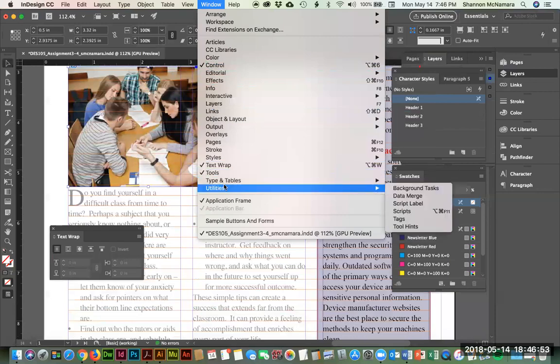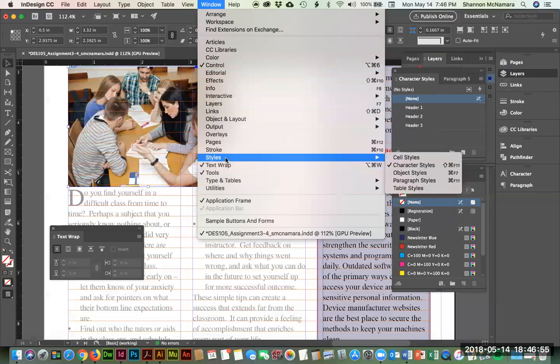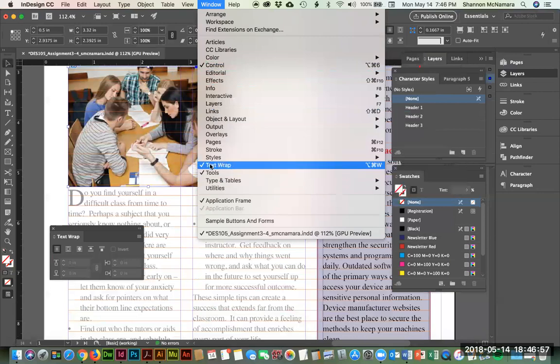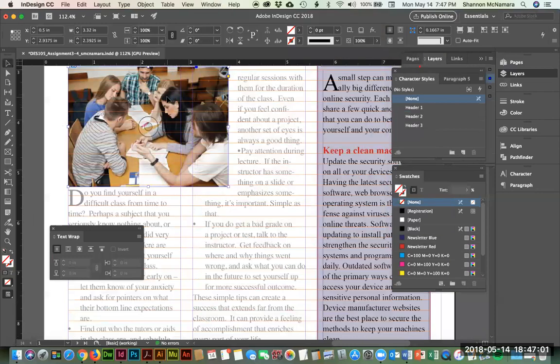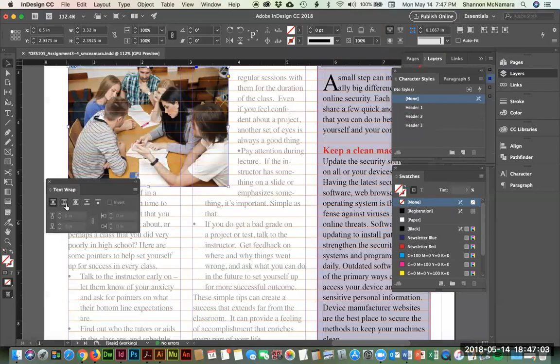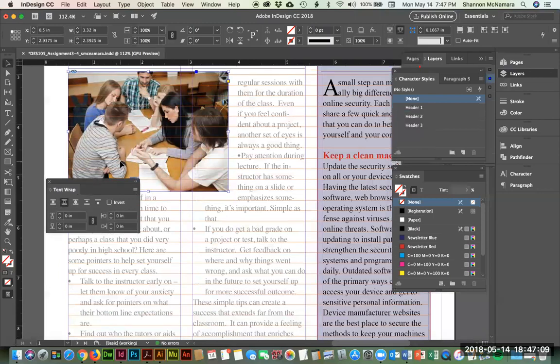Type in table, utilities, tools, styles, no, text wrap, here it is, Window, text wrap, and just open that up. And click on the one that says wrap around a bounding box. It's the second option. And we just need to move the text over on the right-hand side and on the bottom,